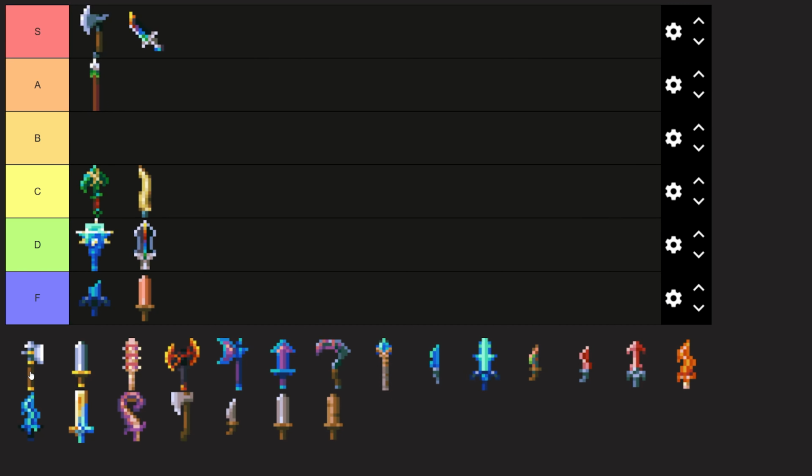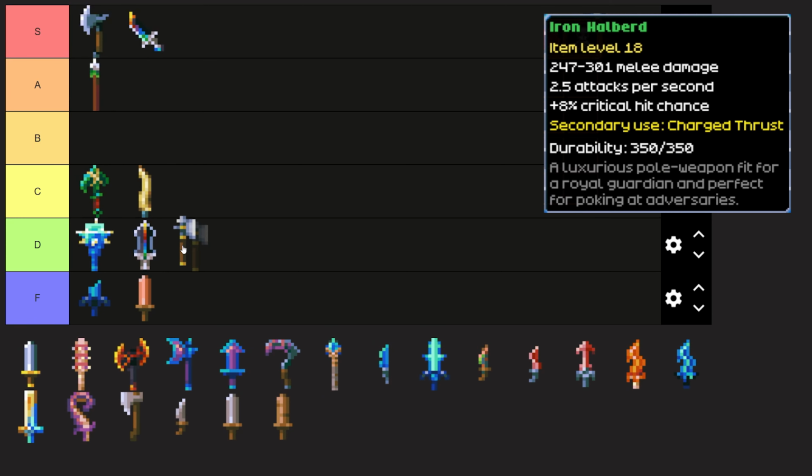And while in the early game the Iron Halberd is better than the Hunting Spear, by the time you get to the end game, the Iron Halberd really starts to show its flaws, and I'm actually going to put it into F tier. Frankly, the Scarlet Sword is better than this weapon in pretty much every way,